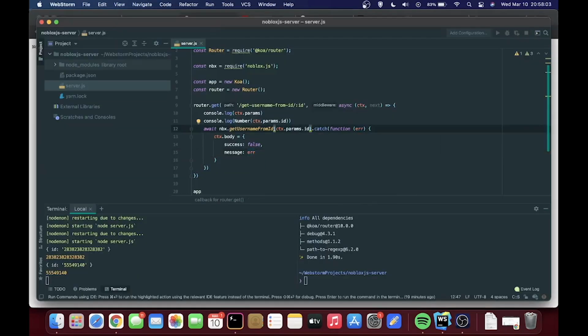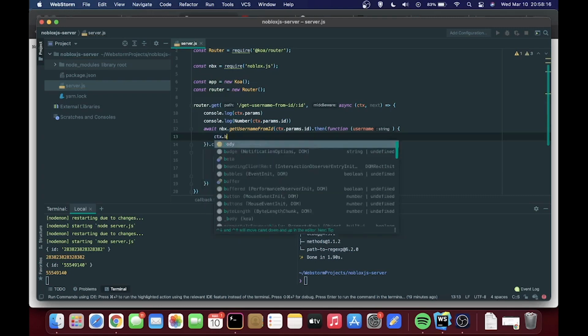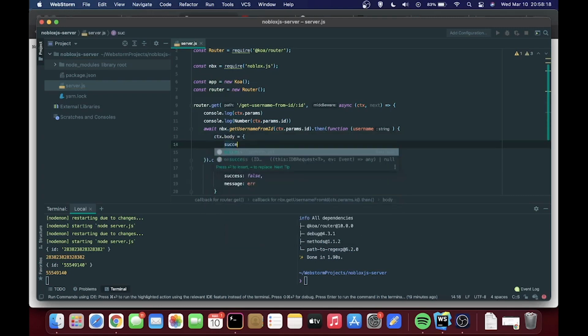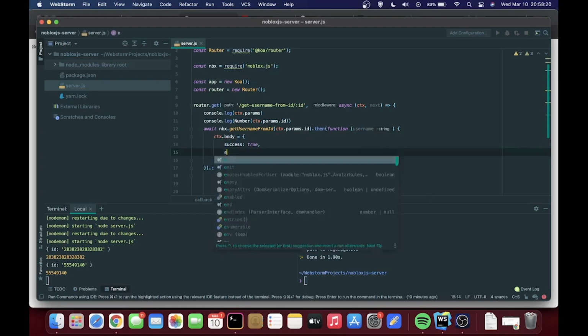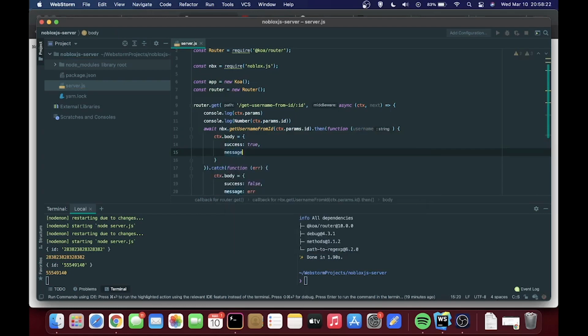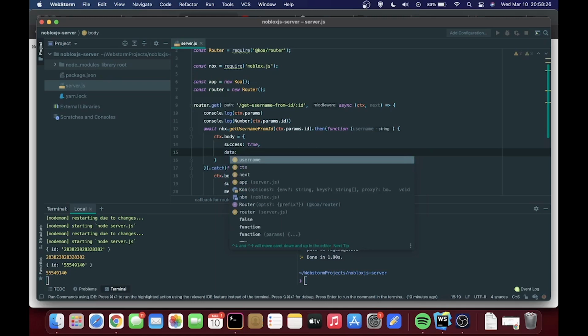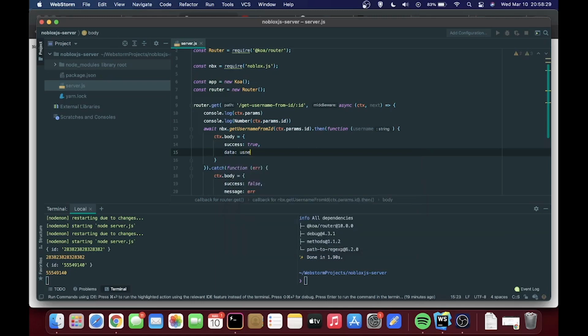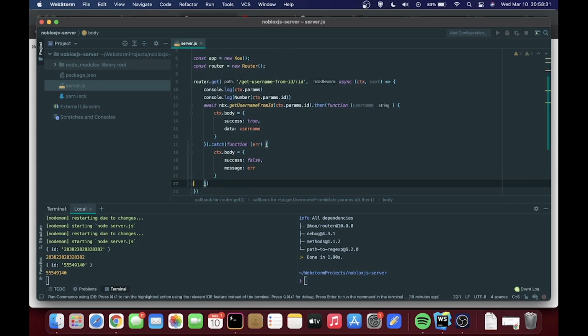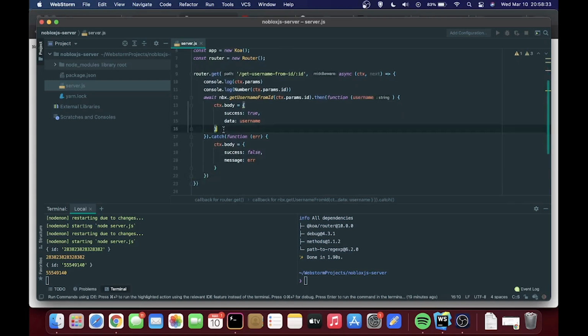So that's why I'm going to put then. And this gives me an argument or a parameter called username. And here I can do ctx.body equals success true, message, well, I'm going to do data. Put username there. Now I have two options.